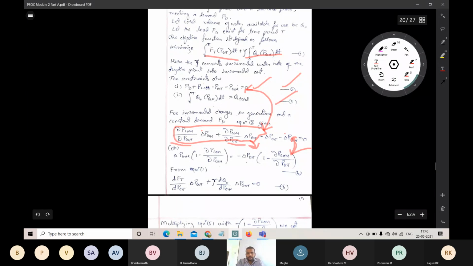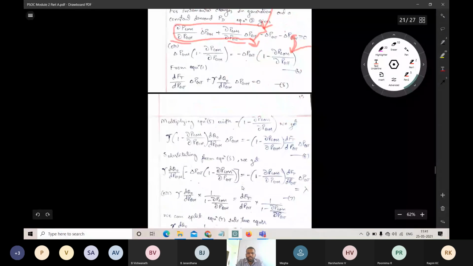Like that, the objective of this method is to find the thermal power generation and the total amount of water discharged at the time of generation of power using hydro. So I am just substituting here: dFT by dPgt delta Pgt plus nu dQ naught by dPgh delta Pgh. Just resubstituting these constants here. The integral from 0 to T of FT Pgt dt will equal dFT by dPgt delta Pgt, and similarly here also.